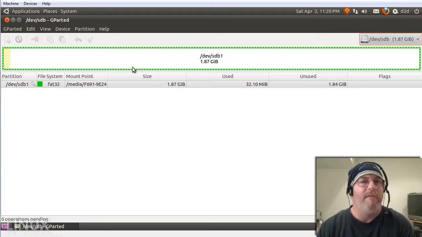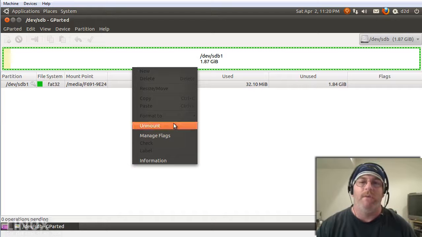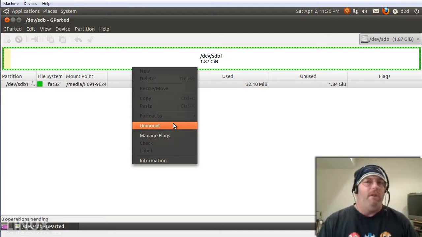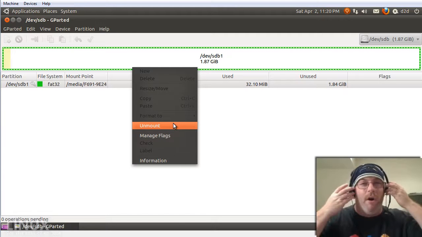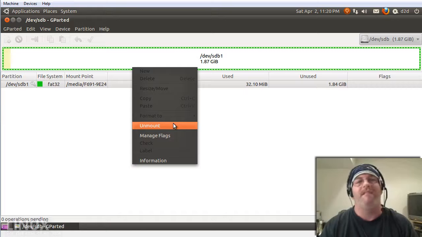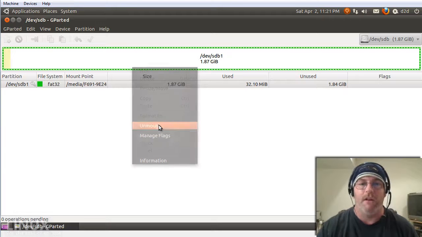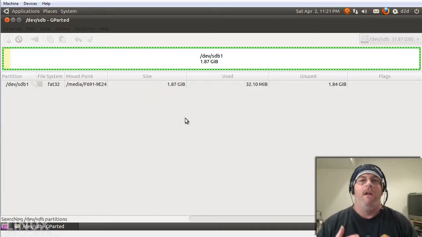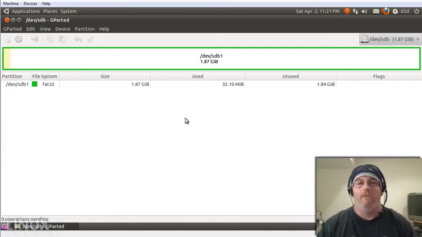Now, if we want to reformat this drive, the first thing we have to do is unmount it. In the Windows world, it does so much hand-holding for you that you really don't understand what's going on under the scenes. That's both good and bad. It's good as long as nothing ever goes wrong. But as soon as something goes wrong, most users are very lost to what's going on, what is the actual issue or error. I'm going to hit go ahead and unmount. By doing these individual steps, when something does go wrong in another operating system, you're typically much more able to